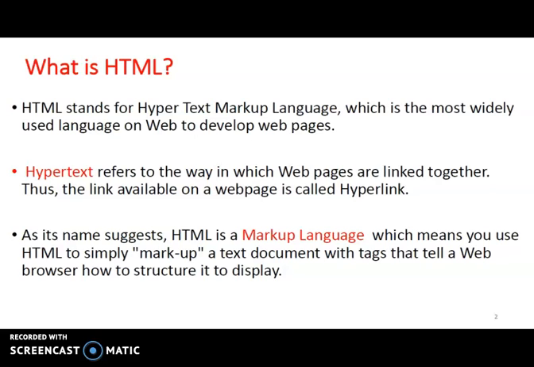Now the next one is hypertext. What is the meaning of hypertext? Basically, whatever text you require in order to create the web page is hypertext. Means what? See, if you are visiting any website, it has lots of content with structure. This content is nothing but your hypertext. If I am creating a web page and I want to add some link, then that link is called a hyperlink.